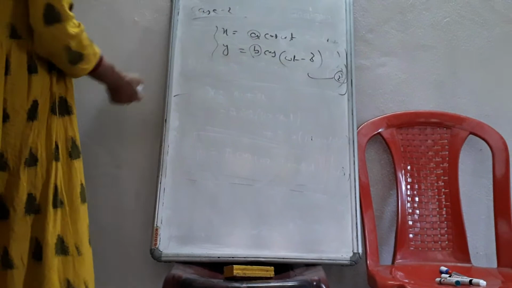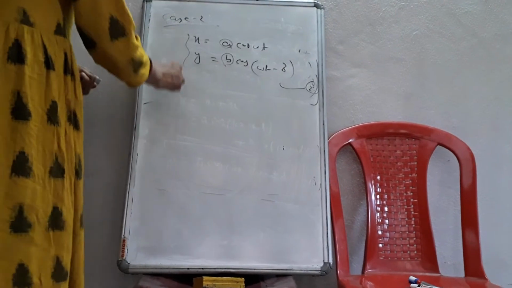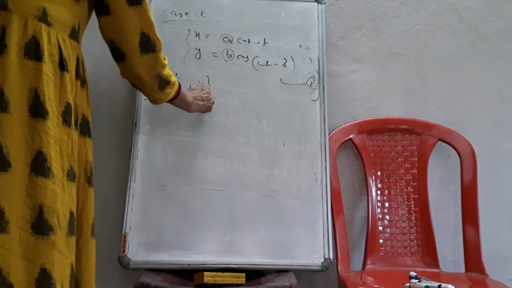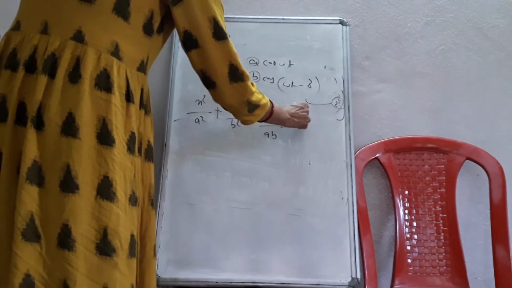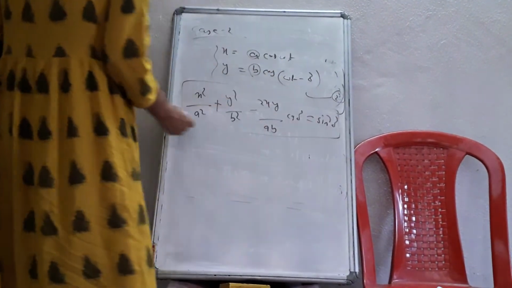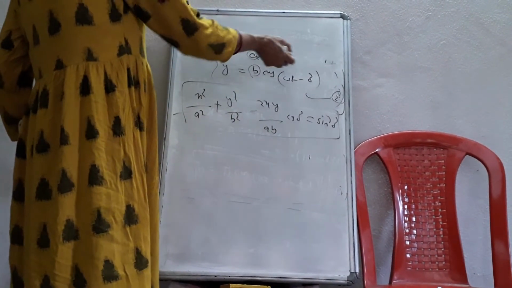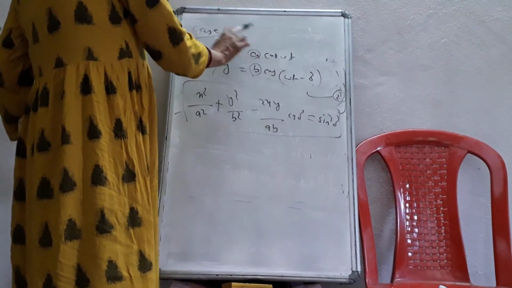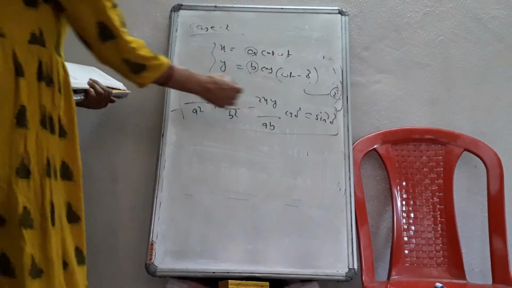Then by superposition, what will be the resultant wave? If you simplify this by their superposition, you will get the resultant pattern. The equation will become x square by a square plus y square by b square minus 2xy by ab cos delta equal to sine square delta. So this will be the resultant equation. Of course we have to do some calculation. From here I can take cos omega t as x by a, expand the other one, put the cos omega t value as x by a, then square it out and add, and I'll get this equation. So this is equation 3.